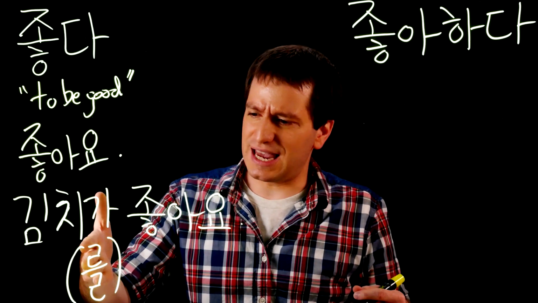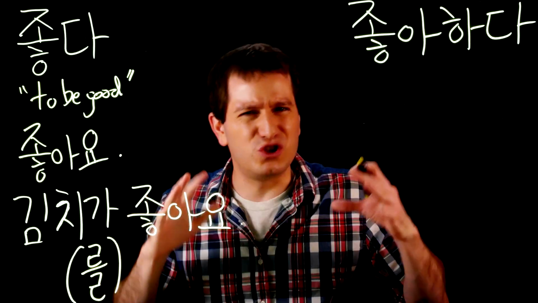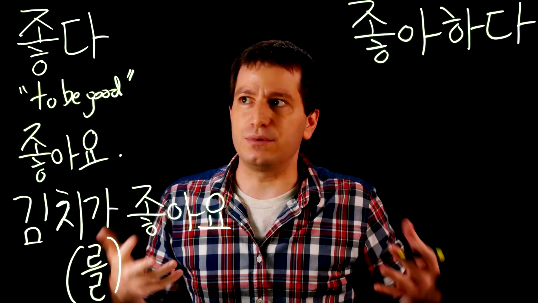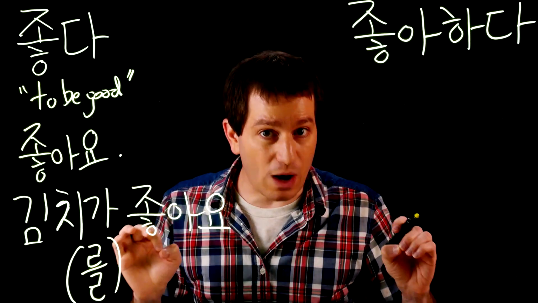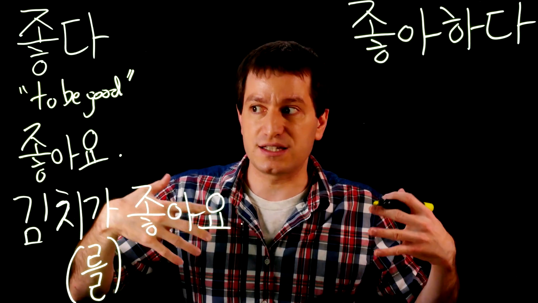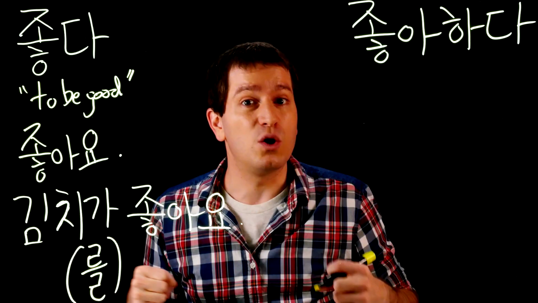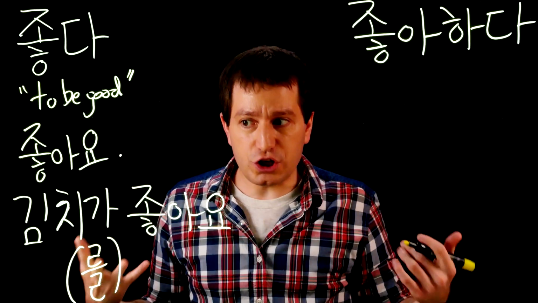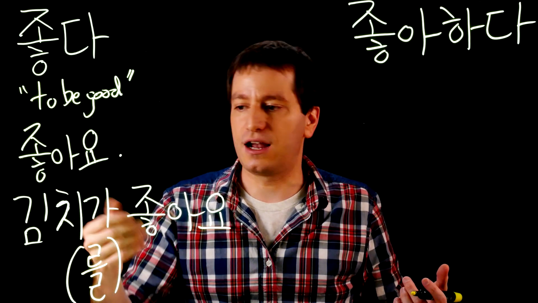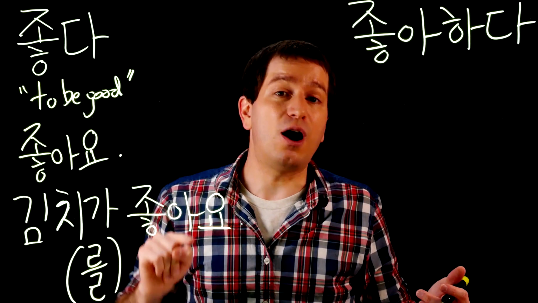So here, if you were saying I eat kimchi, well, action verb, to eat, or doing something to the kimchi, then yeah, you can use the object marker. But remember, 좋다 is only for describing things, therefore it could never use the object marker because it's not affecting those things. You're not doing anything to whatever you're describing. So you could use the subject marker, such as 가 or 이 if it was ending in a consonant, or any other marker, but not the object marker.